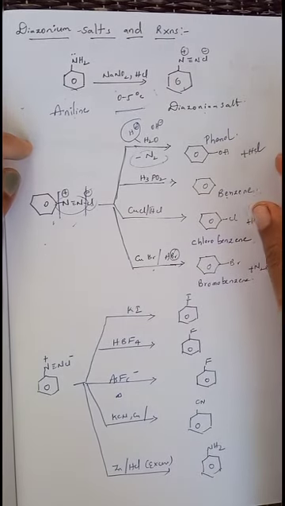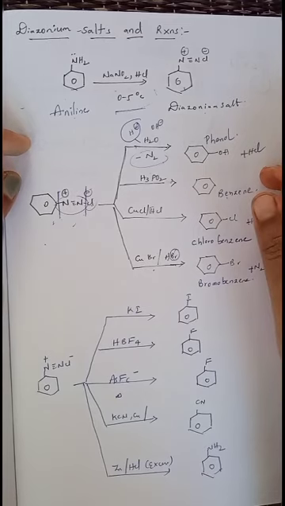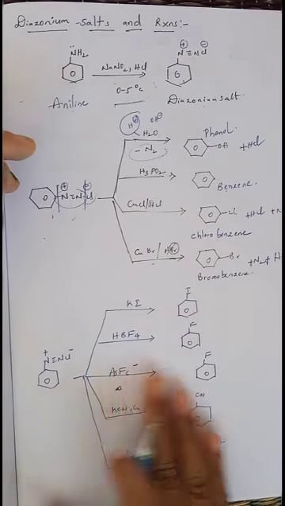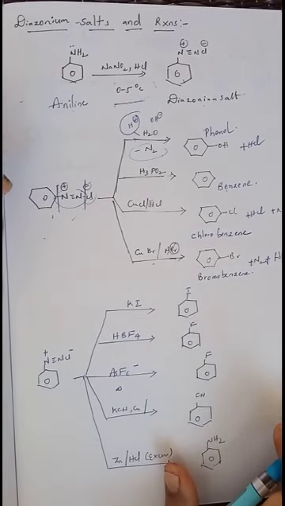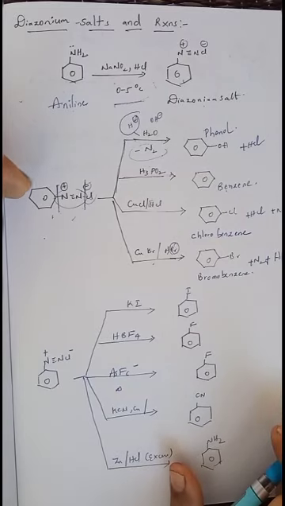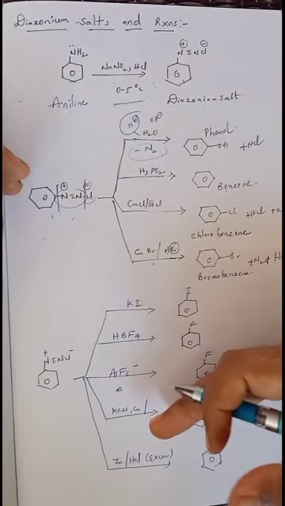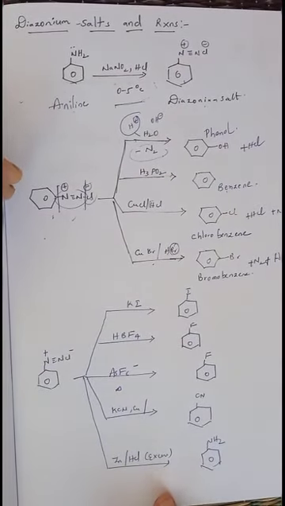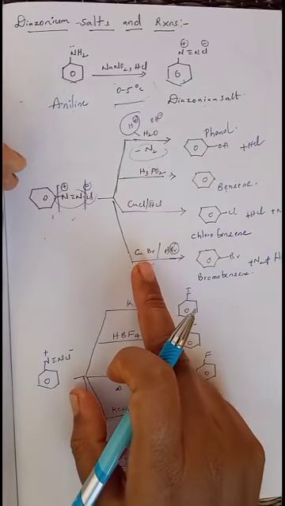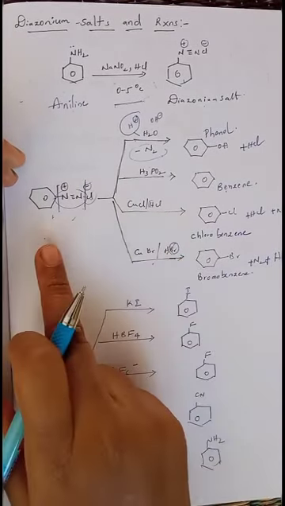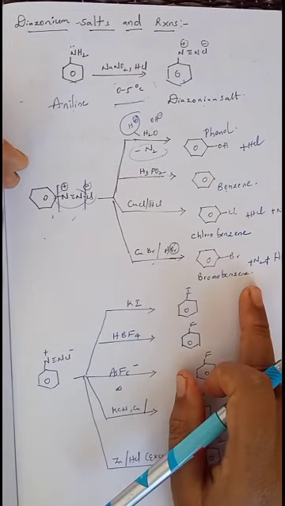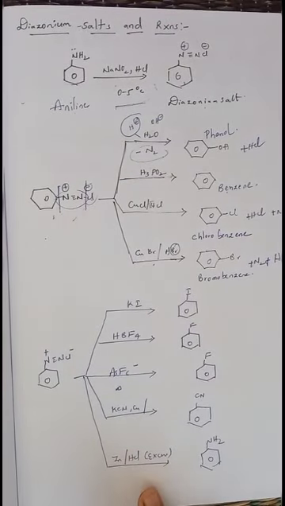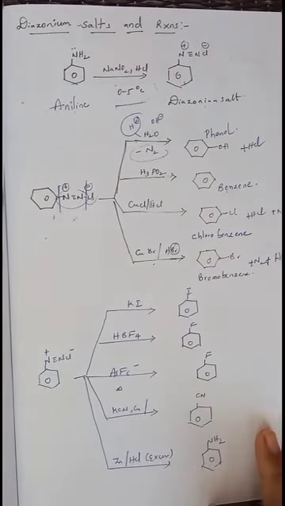Like this, different types of chemical reactions will take place with the diazonium salt and give different types of products. And here is one more kind of reaction for the diazonium salt, to prepare iodobenzene and fluorobenzene, because iodobenzene and fluorobenzene are not very stable. So to prepare them, we need to take a special reagent. In general, these methods cannot be used. For example, CuF and HF cannot be taken to convert diazonium salt into iodobenzene or fluorobenzene because that is highly unstable. So we need to take a special reagent to convert diazonium salt into iodobenzene and fluorobenzene.